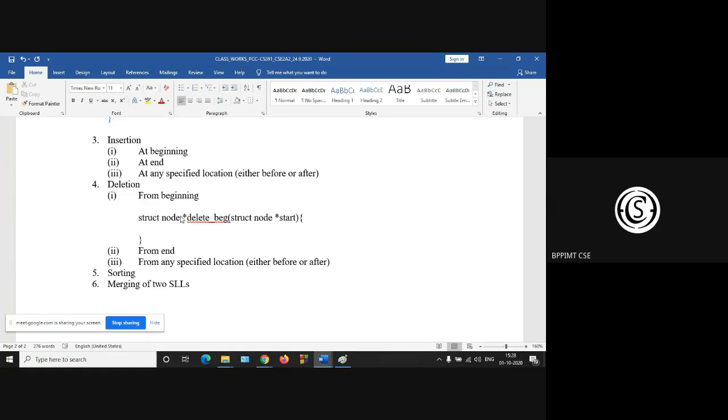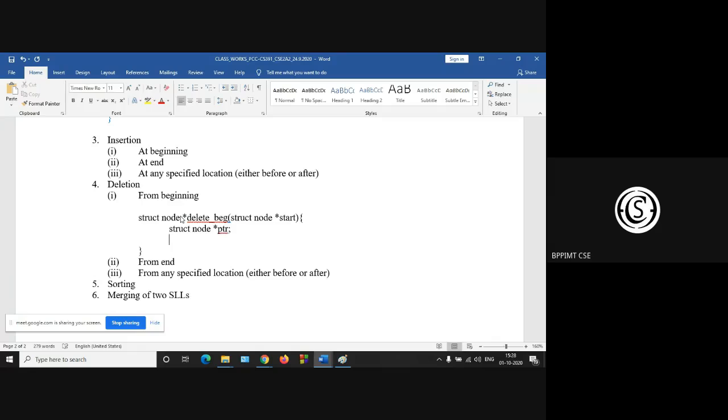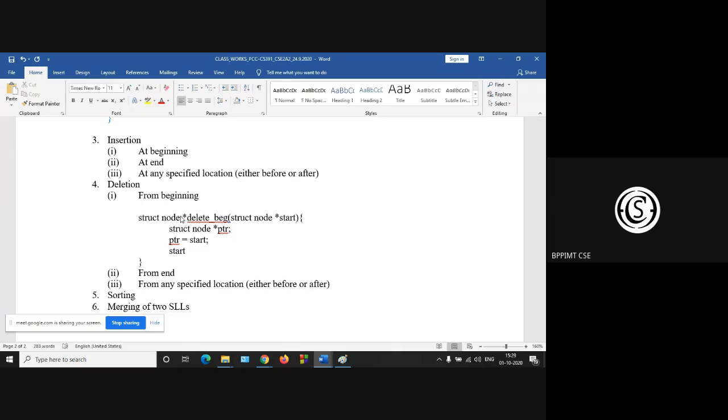Now we have to delete the first node. So you have to copy this first node in a temporary pointer, right? So this is your temporary pointer, struct node. Next, you copy start to the pointer. Next, your start should point to the next node.